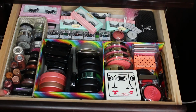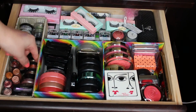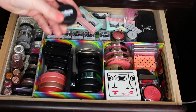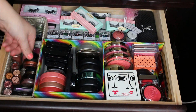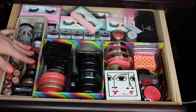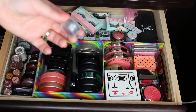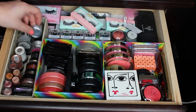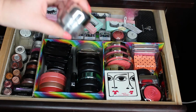Across here are my pigments. There's a lot of MAC down here. There's some Illamasqua and Makeup Geek ones in their older packaging. And then got a little bit of Too Faced, and then some random glitters that don't even have names. Like, I don't even know how I got this. Probably a swap or something. And this really old Tony and Tina